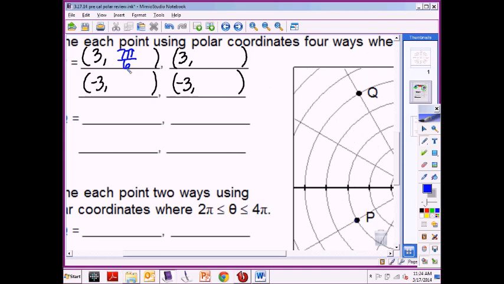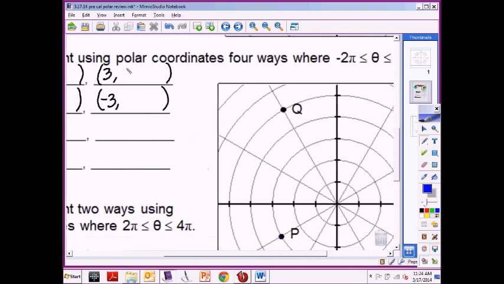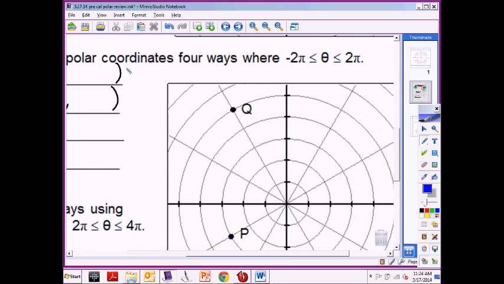Okay? So my positive angle would be 7 pi over 6. We got it? We're good? Alright. So then the next thing that I feel like is easier to do is to find your negative radius positive angle. So to find it, if I was to make this diagonal, if I was to go diagonally from here, it will be